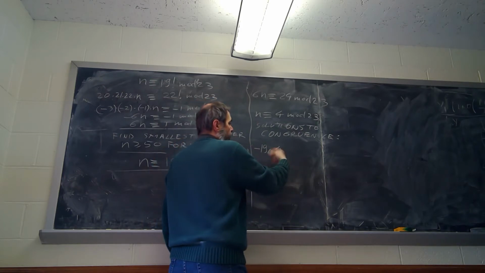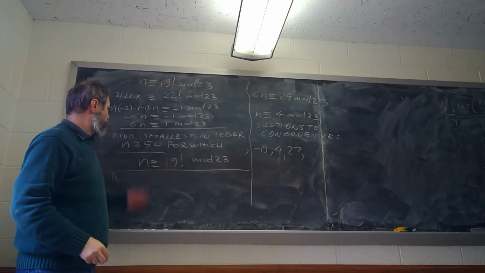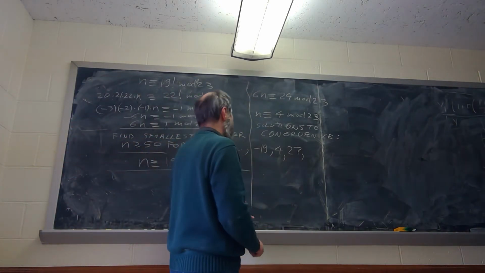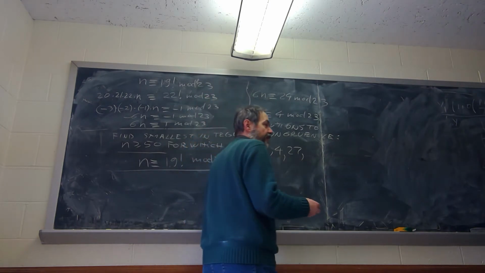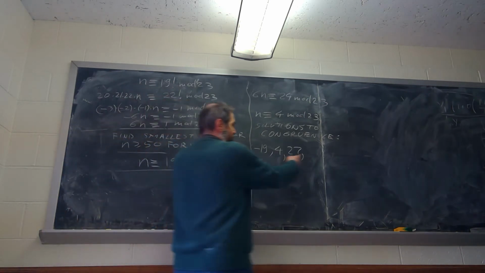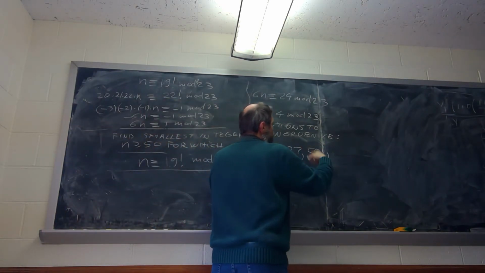Smaller numbers. Plus 23 is 27. That's not good enough. We want an n larger than 50. Plus another 23, I just made this up, and it is exactly 50. The next plus 23 is 50. And then the next one is